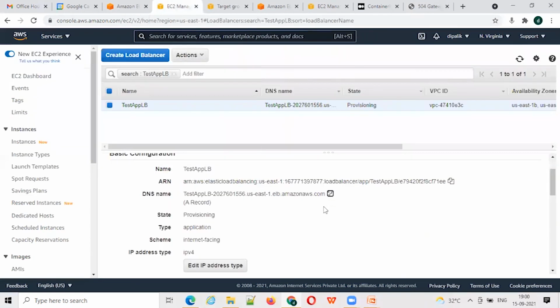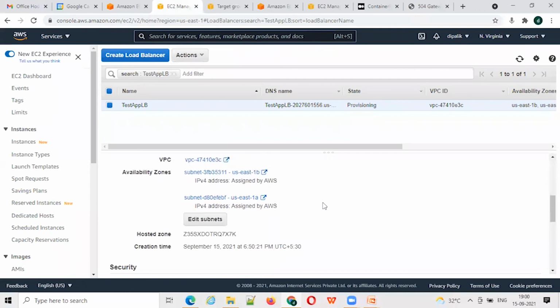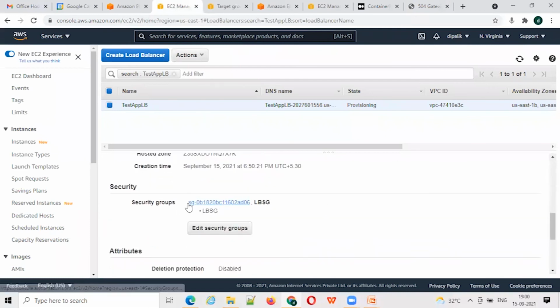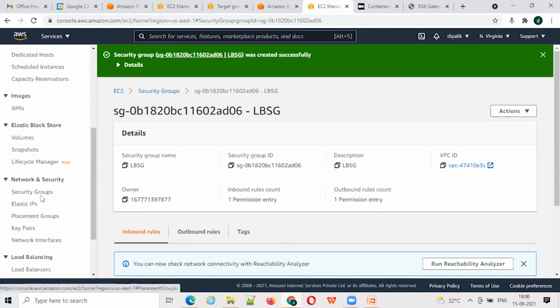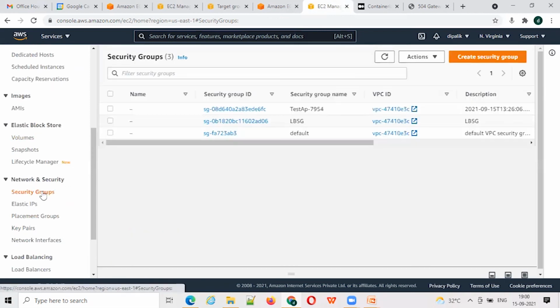If you scroll down, pick the security group of your load balancer and copy it. Then I go to my EC2 console, in the security group section. This is the security group which was created for my ECS cluster. You can see these details in the cluster itself if you have multiple security groups listed here.